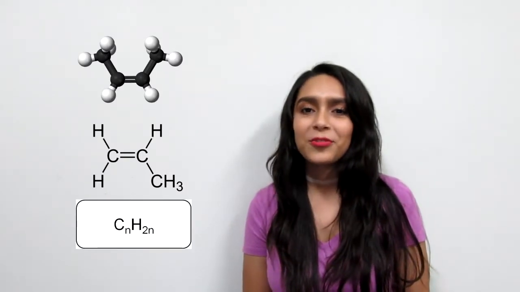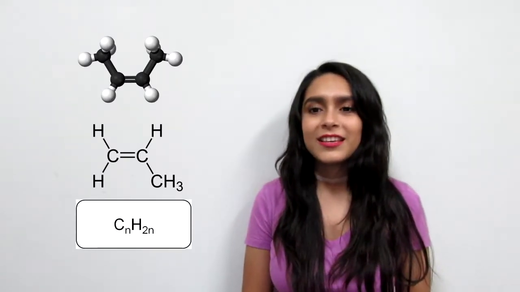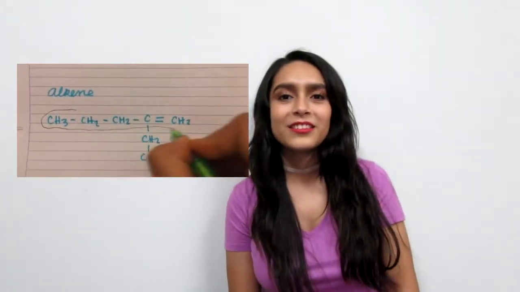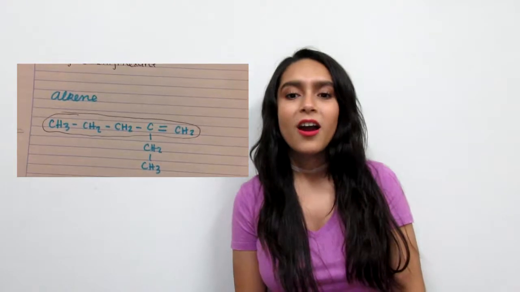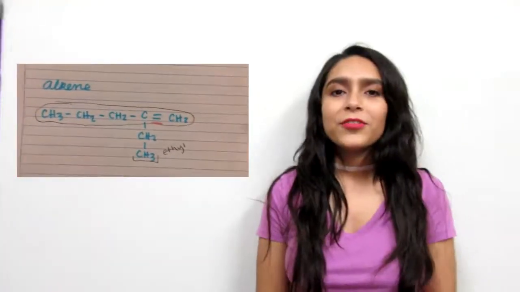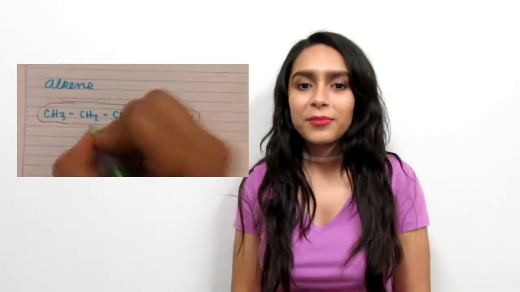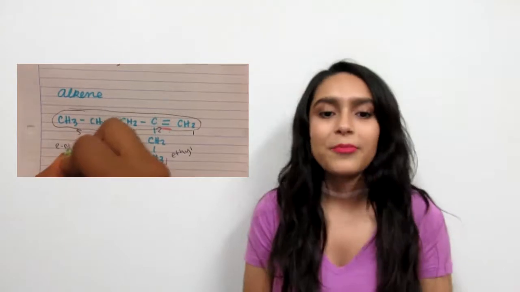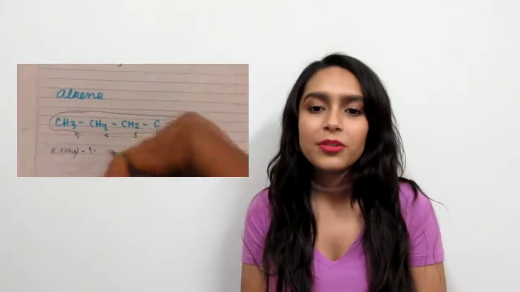Alkenes are a family of hydrocarbons containing a carbon-carbon double bond. You can work out the formula of any of them using CnH2n. The steps for naming alkenes according to the IUPAC system are the same as the alkane steps, but with a few differences. First, the longest chain must contain the double bond. The numbers must start from the end closest to the double bond. Indicate with a number the location of the double bond. Lastly, change the ending ane to ene.